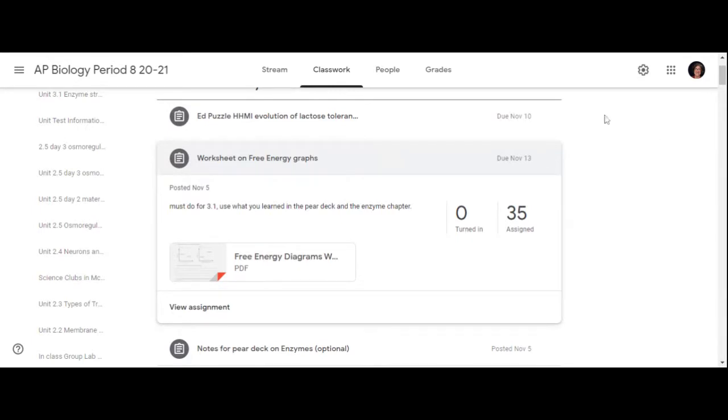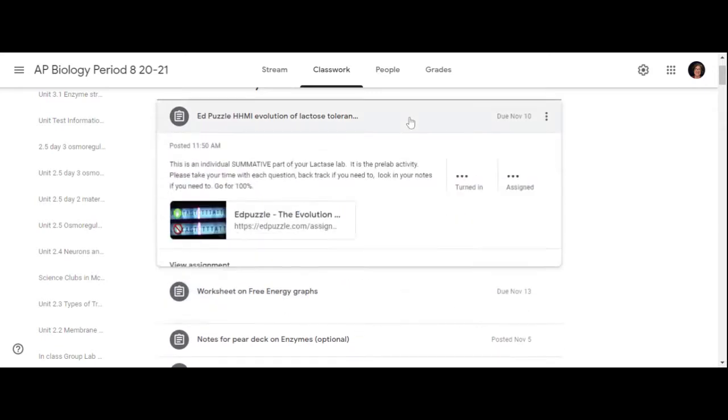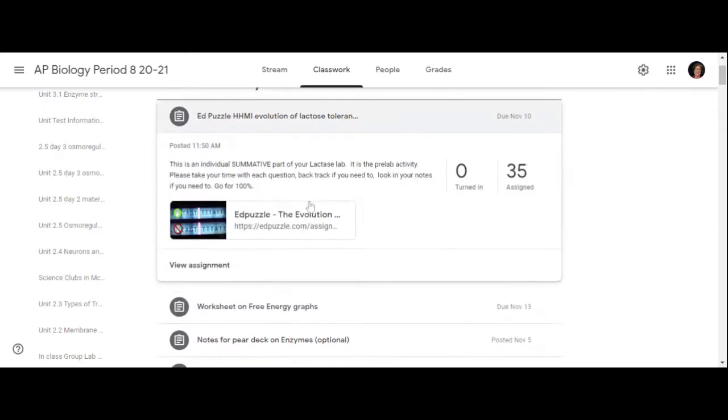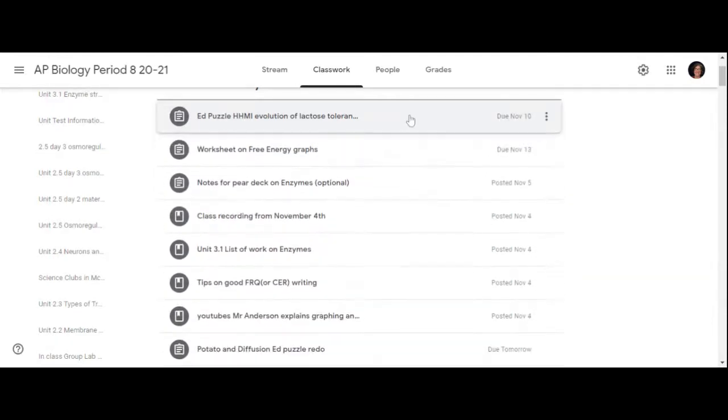All right, and then I'm going to also call attention to this one up here. Okay, so this will be another Edpuzzle that's not practice. This is going to be summative. This one is your pre-lab to next week's big lab. So this will be your homework. Okay, so don't open it now. Don't do it now. We're going to do the Pear Deck now, but just so you know, that's a summative one,